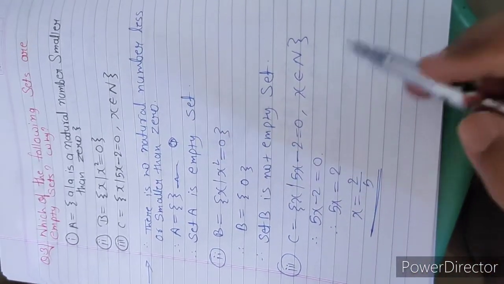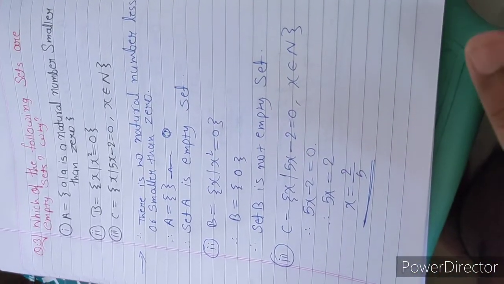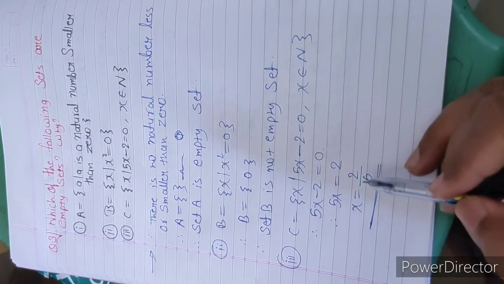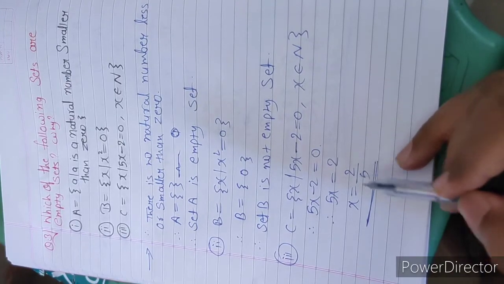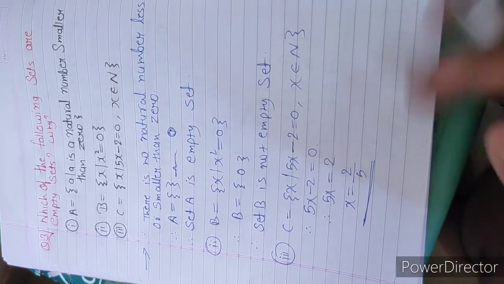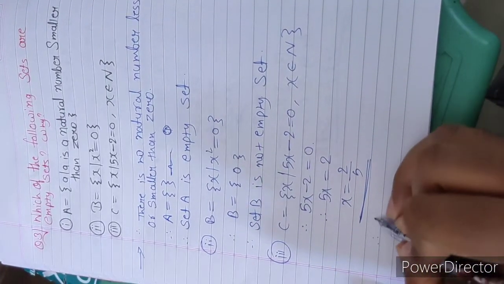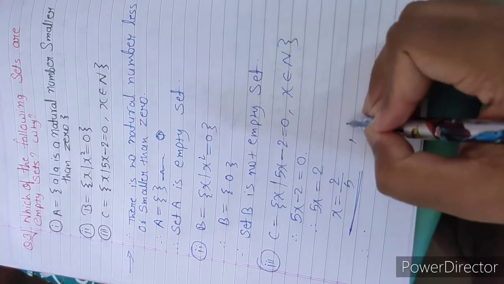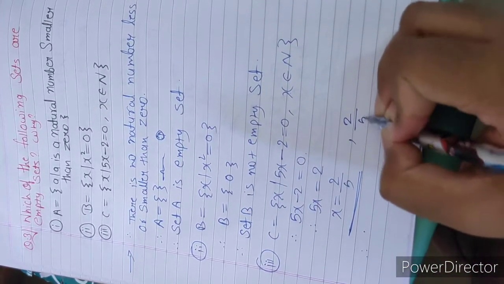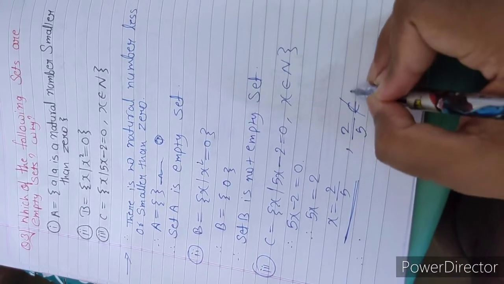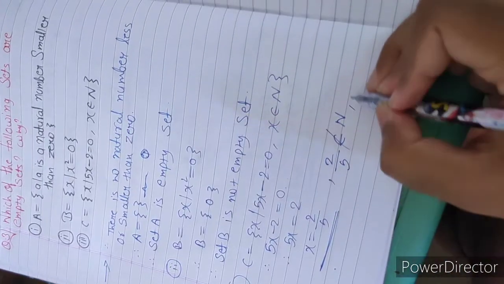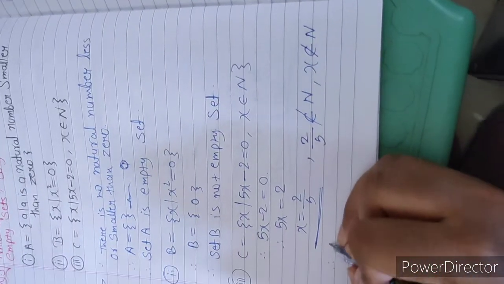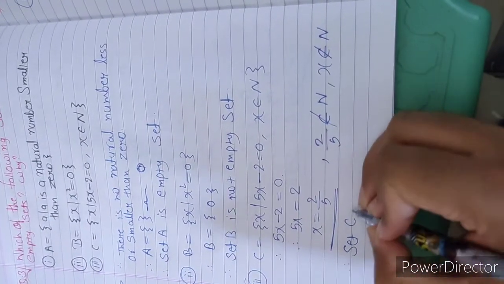Okay, and we know that natural numbers are simply countable numbers, but we do not use fraction numbers in counting. So that's why we got x is equal to 2 by 5, and we know that 2 by 5 does not belong to natural numbers. So here x does not belong to natural numbers, so we will conclude that set C is